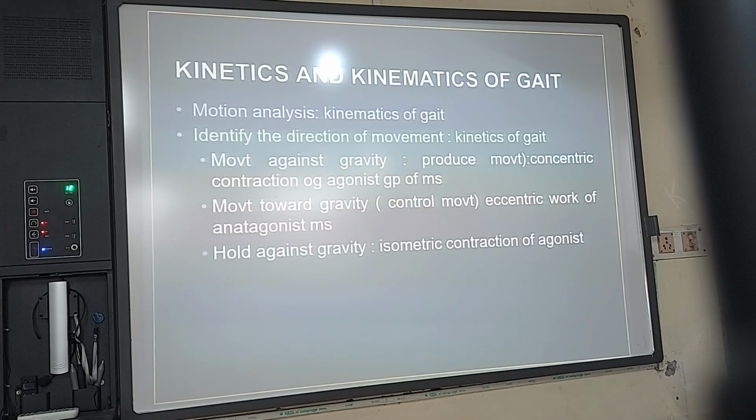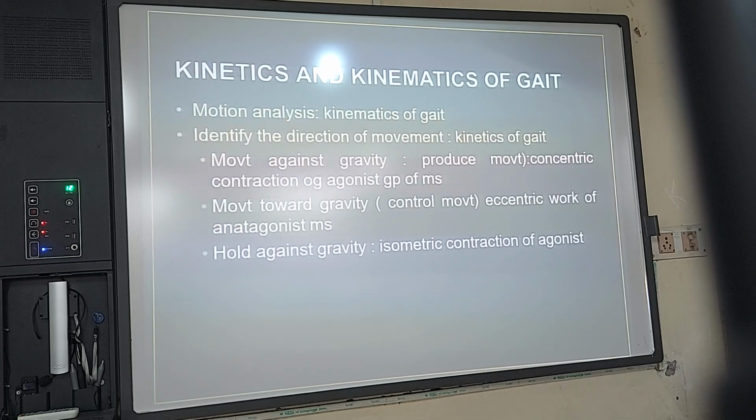Here I have given you the ground reaction force. You noticed that on the first day I had you write all this. You see the ground reaction force, it is passing anterior to the hip, anterior to the knee, and posterior to the ankle. But here when you progress, this has changed to posterior to the hip, anterior to the ankle, anterior to the knee.